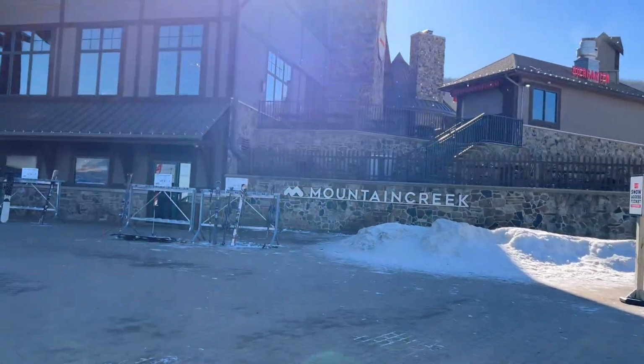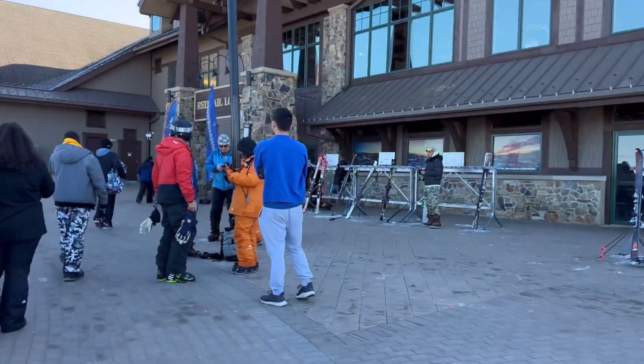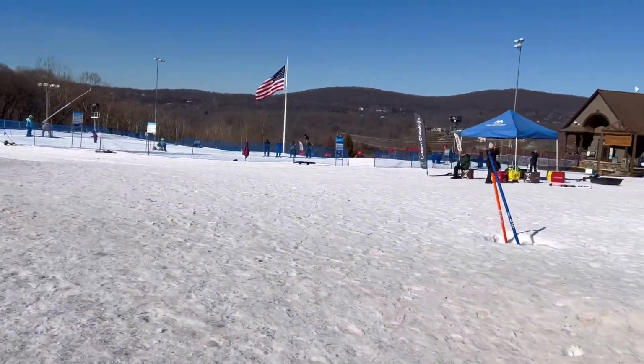Their elevation is 1,480 feet. They have a total of 46 trails and 8 lifts. Their trails are all pretty decent in length, taking about 5 to 10 minutes to get down depending on how